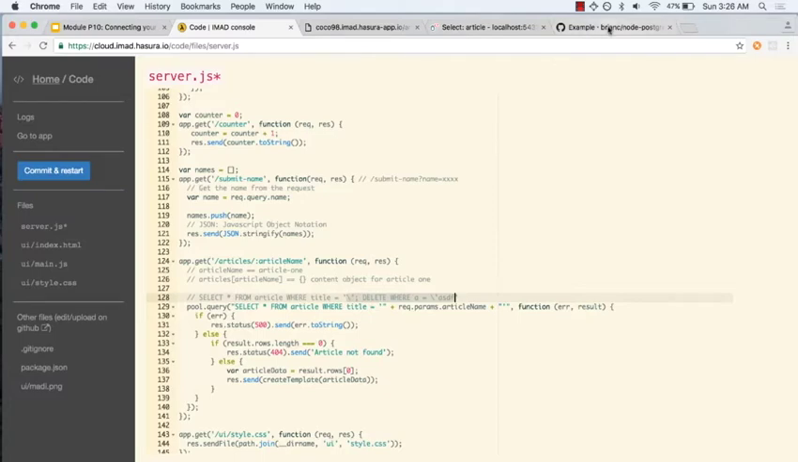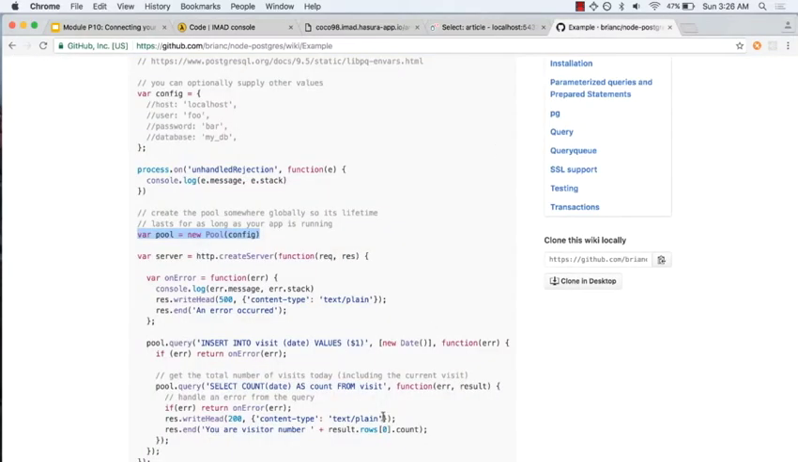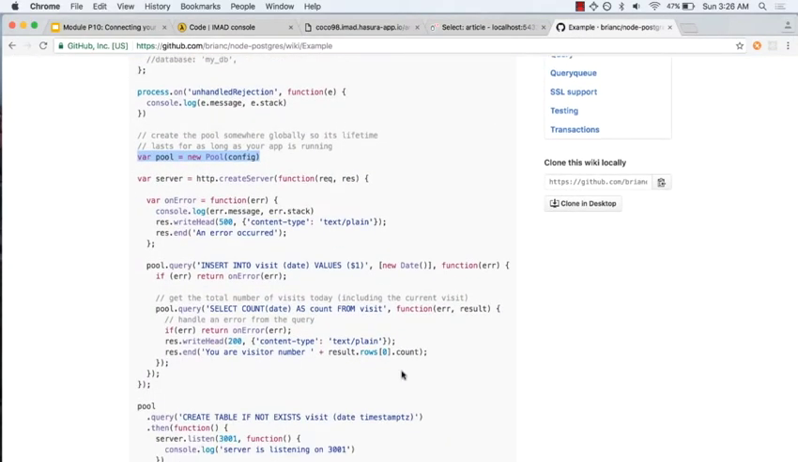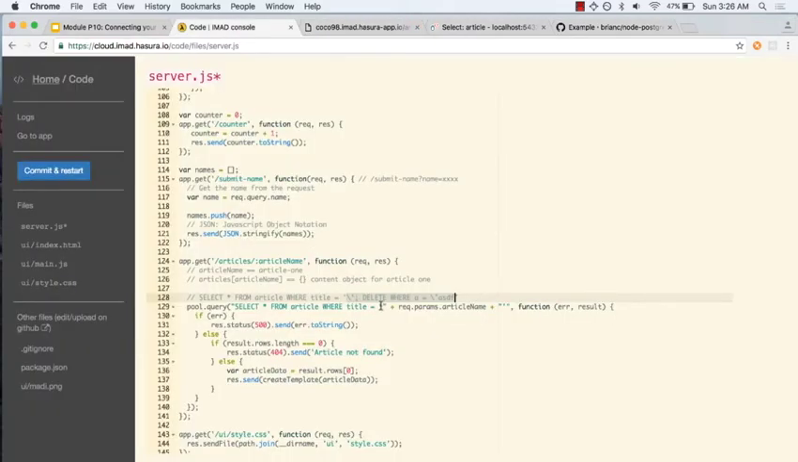So let's see how Node Postgres does that. So if you want to see how it does parameterization of queries, you can see here that what they do is they use something like a dollar. So they say $1, and $1 is the first element of an array, right? So what we can do here is that we can say title equal to $1, right? Remove the single quote,